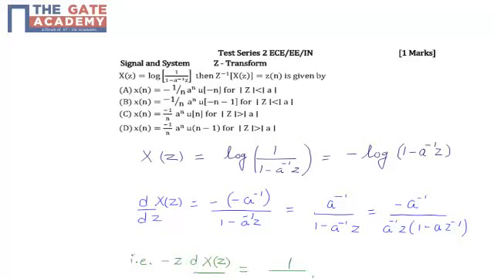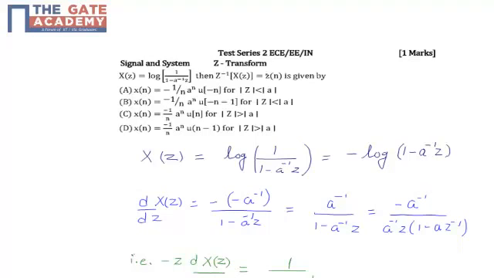Hello students, the following question is from Test 2, subject Signals and Systems, chapter Z transform, and the question is asked for 1 mark. The question is: if X of z is equal to log of 1 by 1 minus a inverse z, then the inverse z transform of X of z, which is x of n, is given by